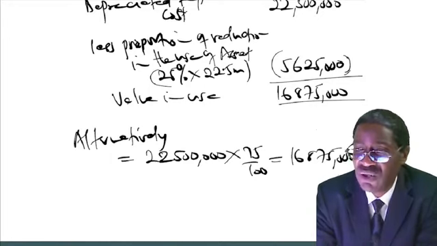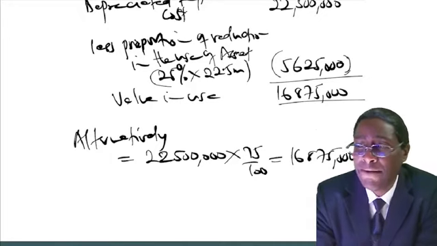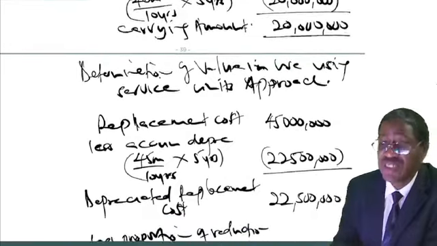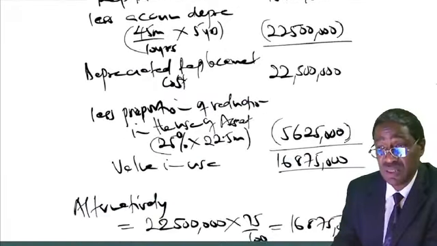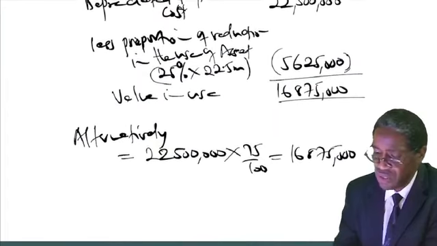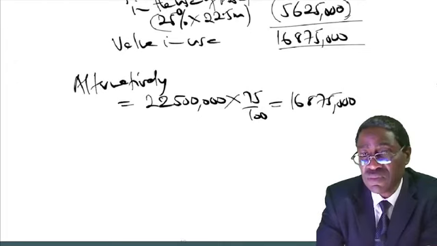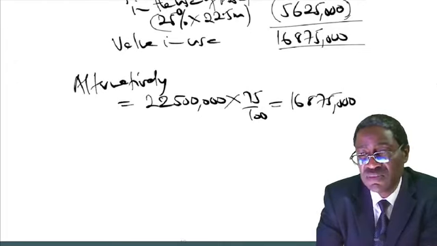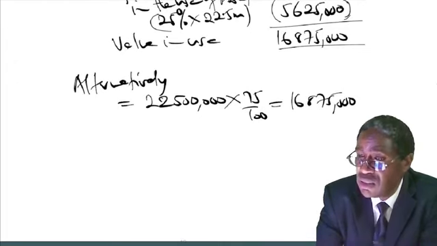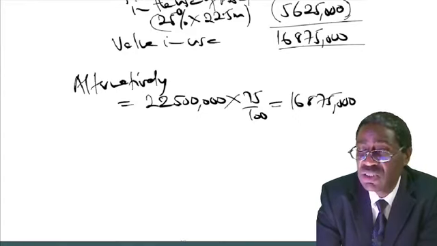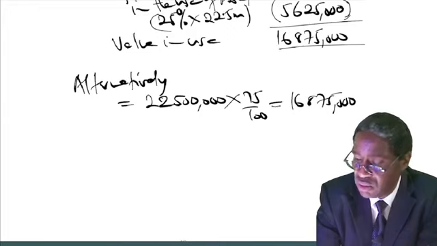Good. Now we can conclude whether it has suffered. It looks like it has suffered because the carrying amount was 20 million, I think so. Yes. Now you can say this in the paragraph: comparing the carrying amount of the machine, shillings 20 million,